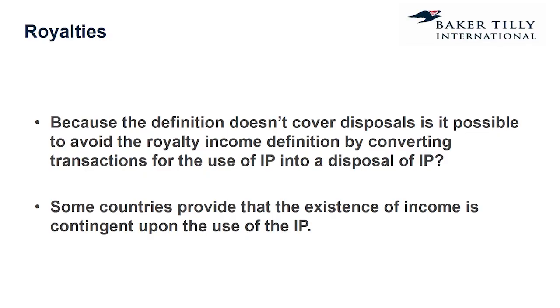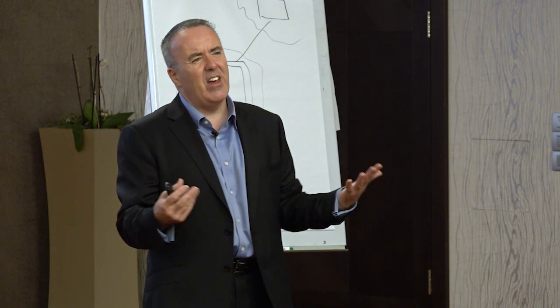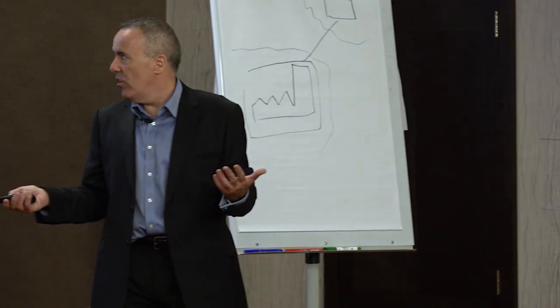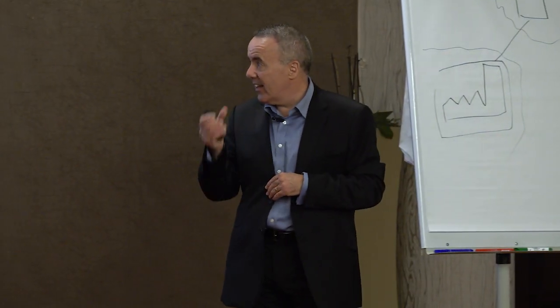There are other ambiguities. For example, a payment for the use of a particular bit of intellectual property, yes, that looks like a royalty. But if you buy the intellectual property, or you buy a particular set of rights over the intellectual property, so again, you make the legal agreement more complex, where do those payments fit in the context of royalties? And that isn't altogether clear.